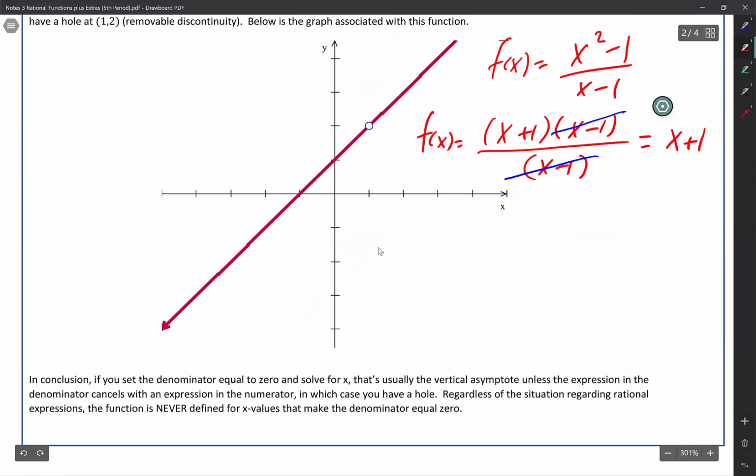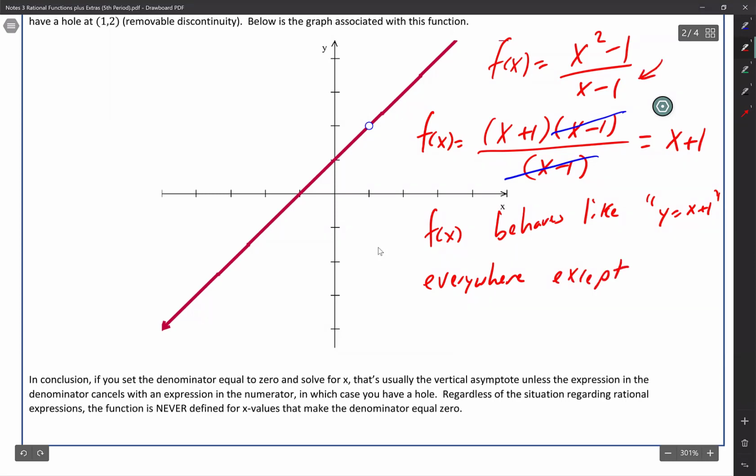That means that f of x behaves like y equals x plus 1 everywhere, except where is x not defined? X equals 1. So it behaves like x plus 1 everywhere except at x equals 1, guys. So what do I have at x equals 1 because these factors canceled out? Because they canceled out, you have a hole